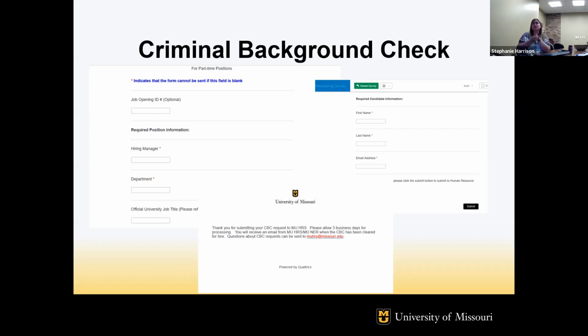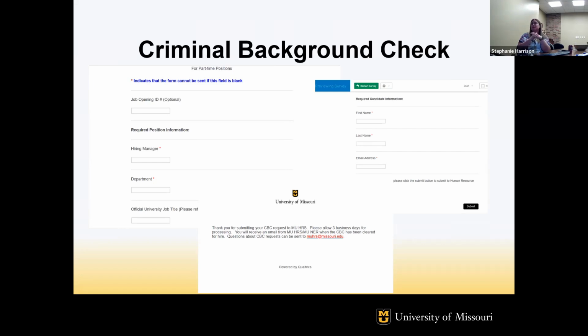The university title is very helpful, because that determines for us what type of background check we are going to run. If you're hiring somebody into an adjunct professor or adjunct instructor title, then we're going to check for education with their CBC.